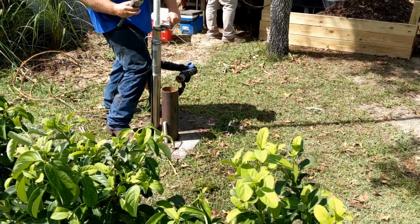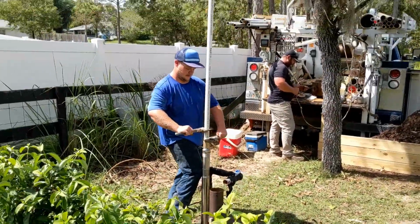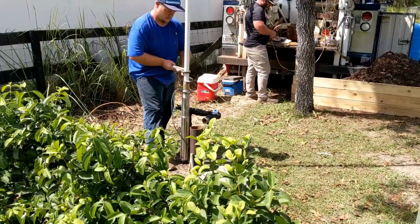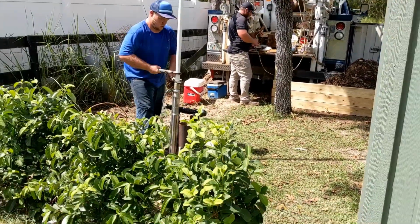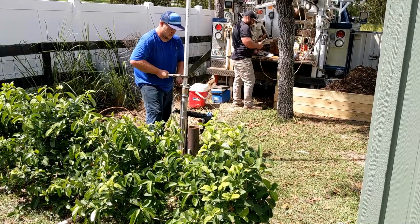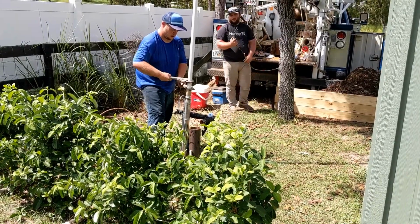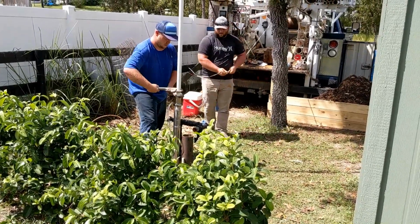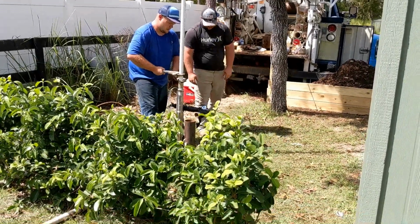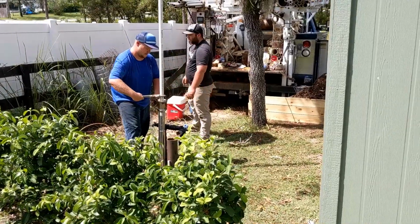So that's the new pump down there. They're getting the pipe in there. We're going to use PVC. The well is about 60 feet deep, and we go down about 23 feet to water, and the well pump sits halfway in between at about 42 feet. We're going to hook up new wire,